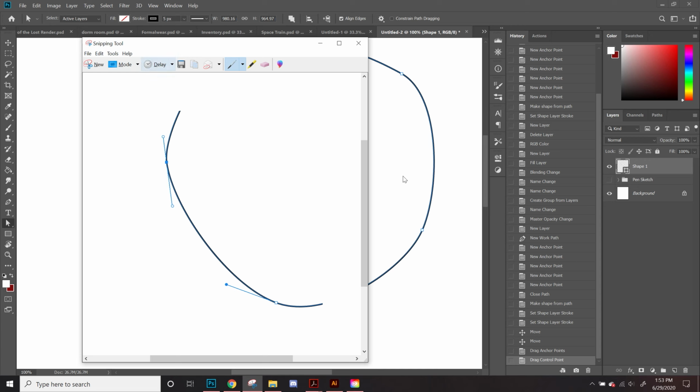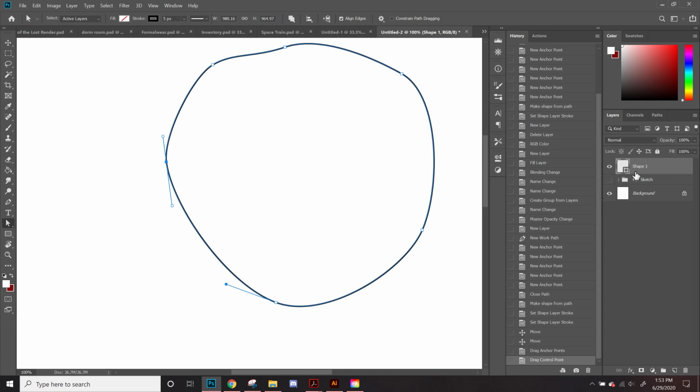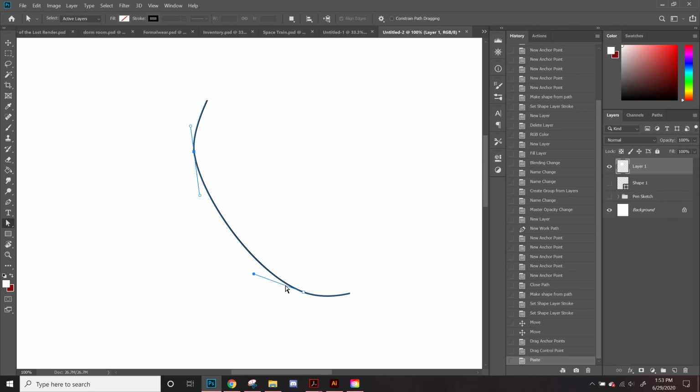So this is just a snipping tool. You can find it if you press the Windows key and you're using a Windows computer. But we're just going to hide this real fast, paste that picture in. So, how this works is